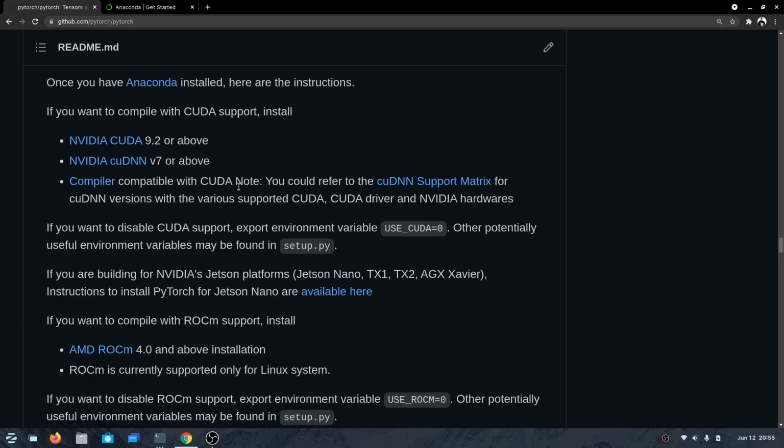Okay, so this is okay. We can take a look at this once we are installing CUDA and cuDNN. And do remember that these two libraries are only required if you want to compile with CUDA support. That means you have an NVIDIA GPU and you want to leverage that for your training purposes. So this is important. Else you can just skip it and set the flag USE_CUDA=0 to disable the CUDA support. This is important because it might happen that you have CUDA installed, but you don't want it to be used. So you can just say USE_CUDA=0, and that will be it.